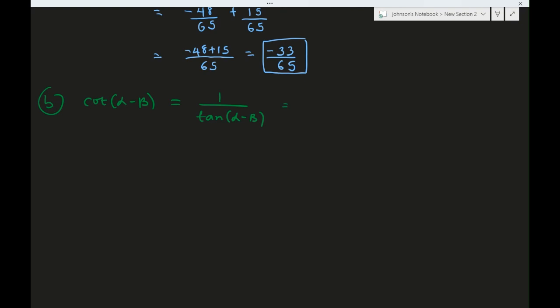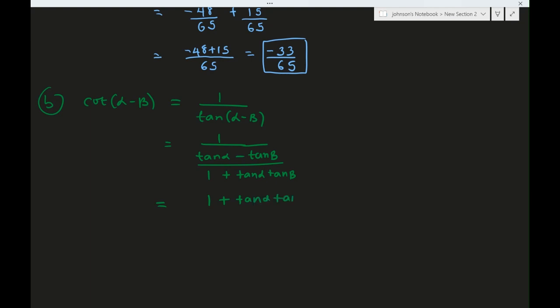And tan of alpha minus beta is tan alpha minus tan beta divided by 1 plus tan alpha tan beta, right? But since it's a reciprocal of this fraction, it's just going to become 1